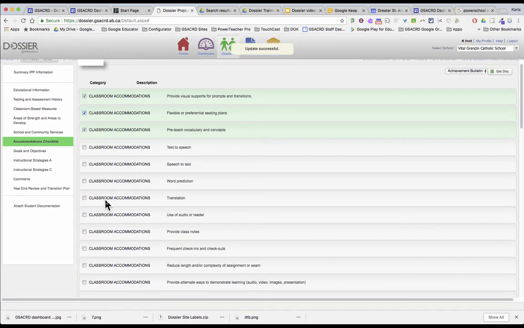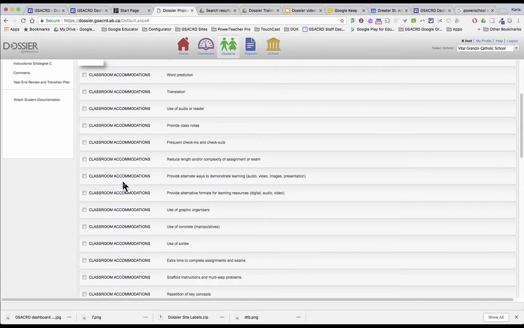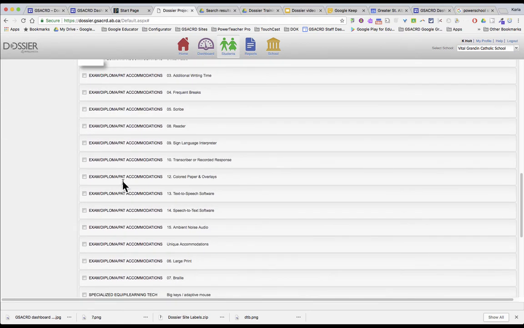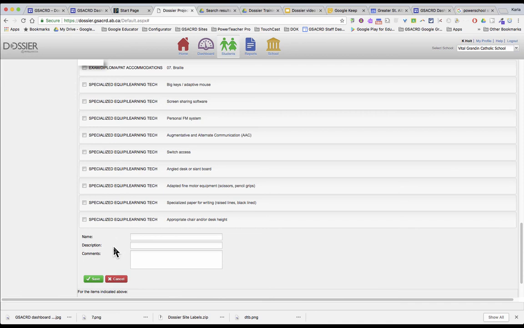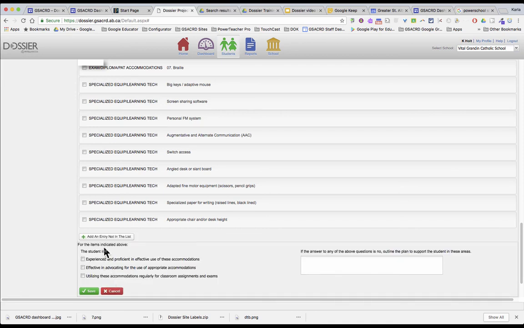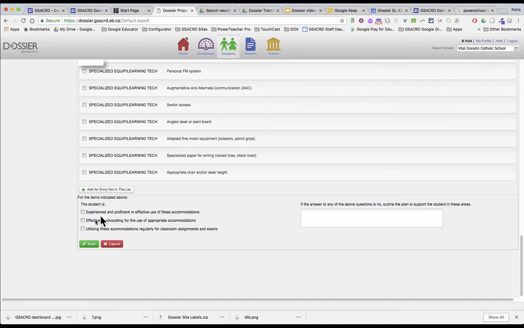I'm going to have those three, and go through the list and simply select the ones that are relevant for your student. And if there's something not in the list that you need, simply click down here and you'll be able to add it in. Once you have selected your accommodations, it is important to scroll down to the bottom and click